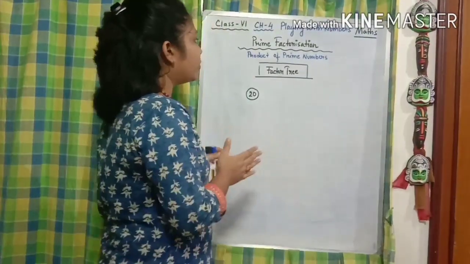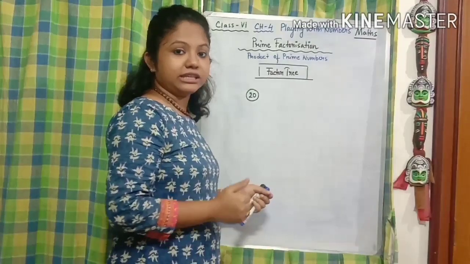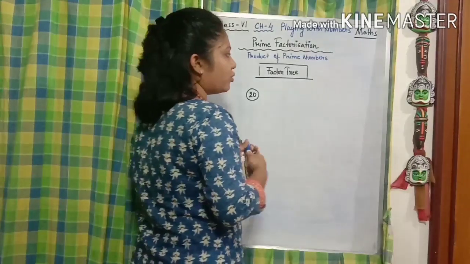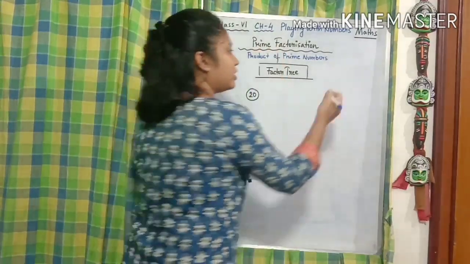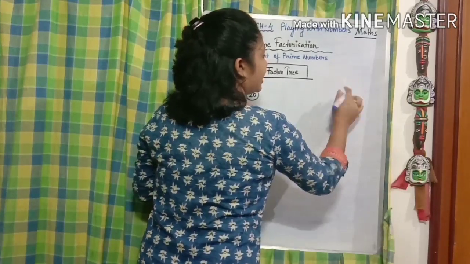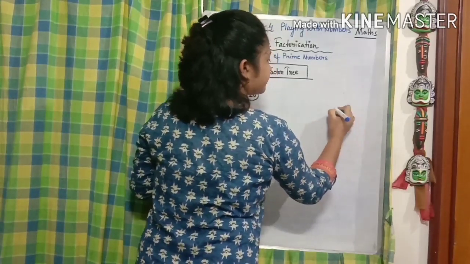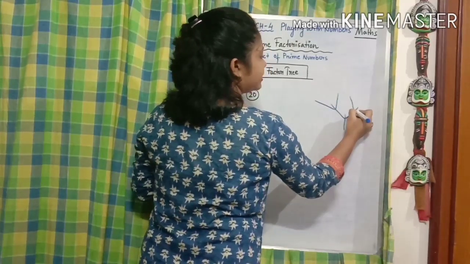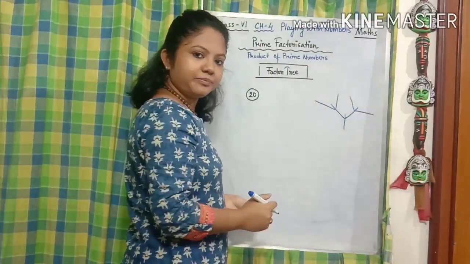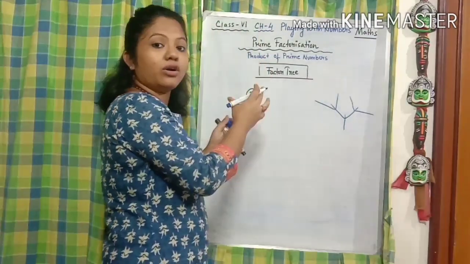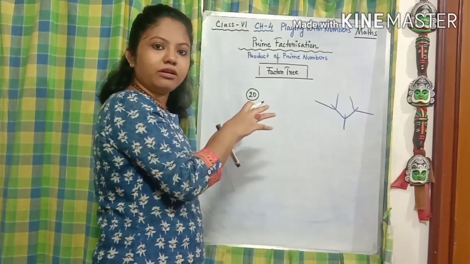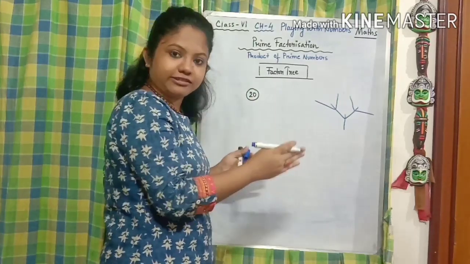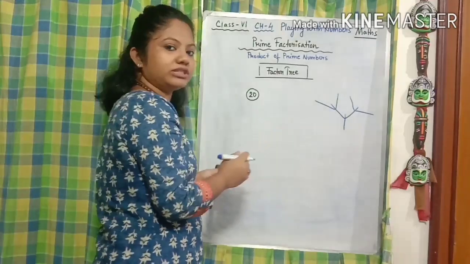Now we are going to learn another topic, that is the factor tree. What is this factor tree? As we know how a tree goes up or down, just the way a tree starts its branching like this, then once again like this, and it goes on branching gradually, this is how we spread a number into its branches by separating its factors. Just now we are going to see how we do it.